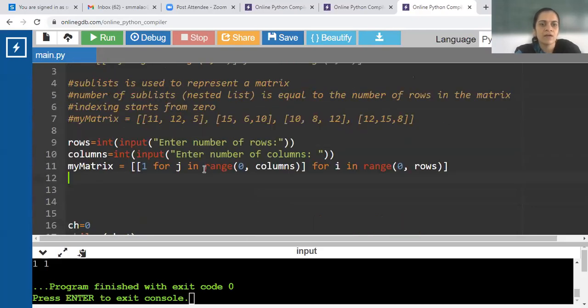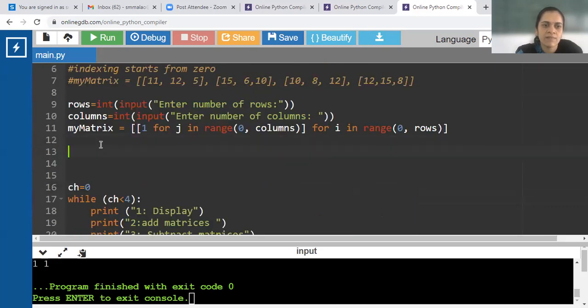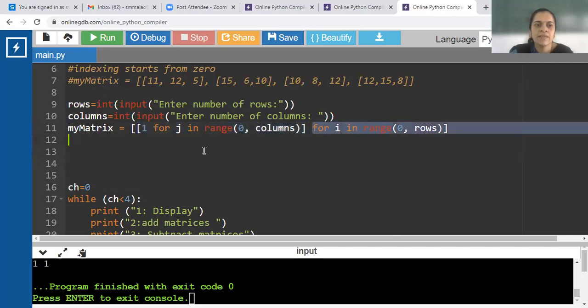Now how to accept values in the matrix? Now we have initialized the matrix with all zeros. Now we have to accept the values from the user.